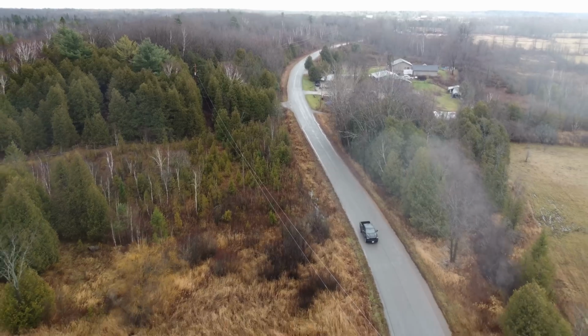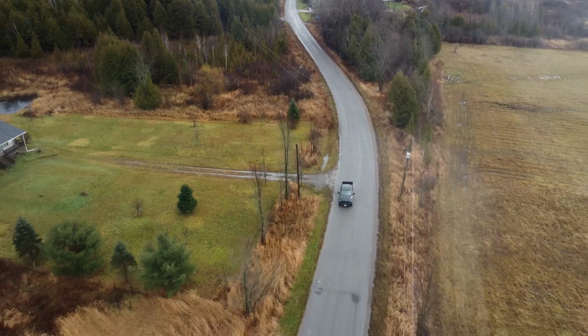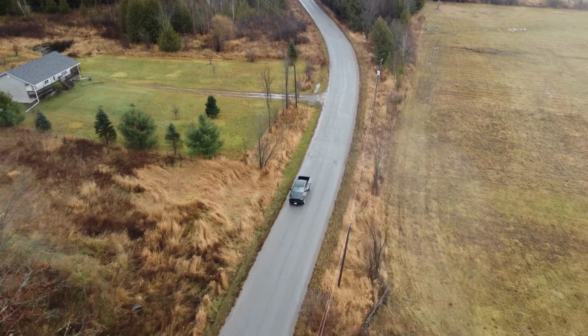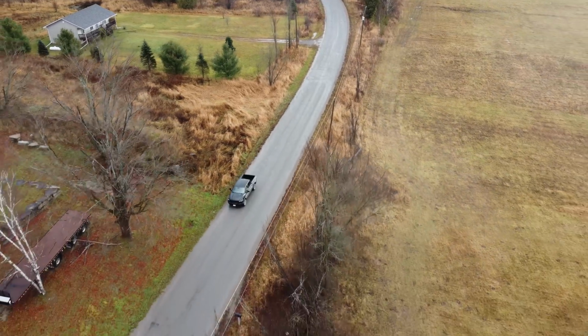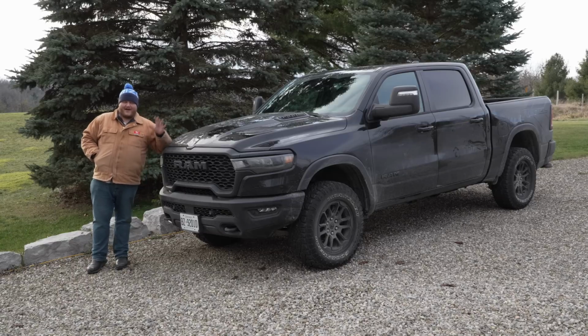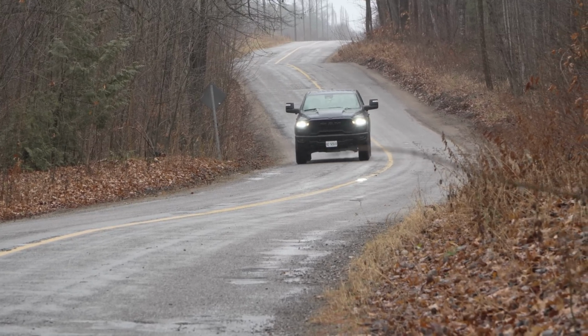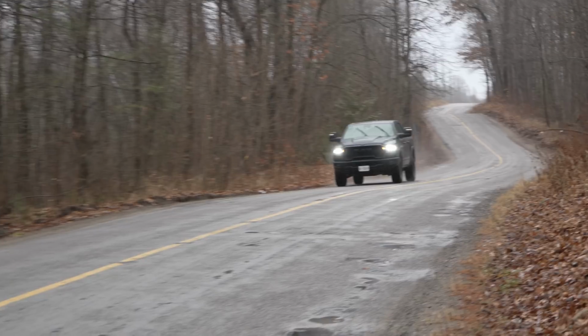Hemi name. The name's been around within the Mopar community for decades, and it really held a lot of cachet. People really did regard the word and the thought of the Hemi as being a great engine, and that's something that's now lost on this new Ram. They can no longer go back to that marketing well, which was seemingly endless for the Hemi. So even though I think in practice on the pavement this engine's basically better in every way, yeah, it's still sad to see that they lost the Hemi name and all of that brand power that it has